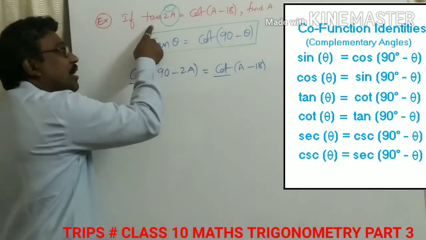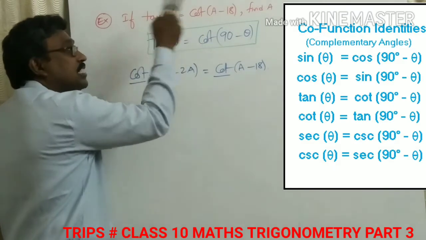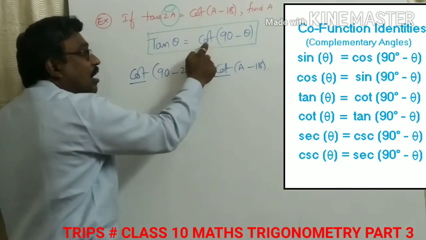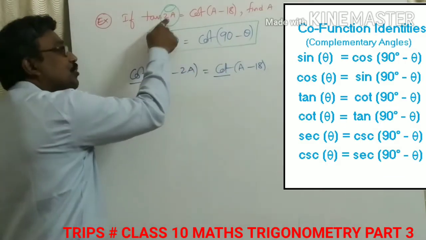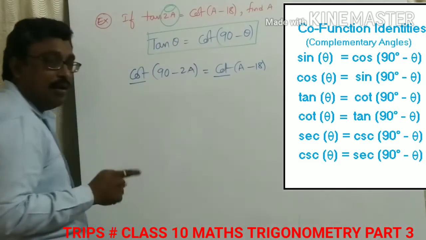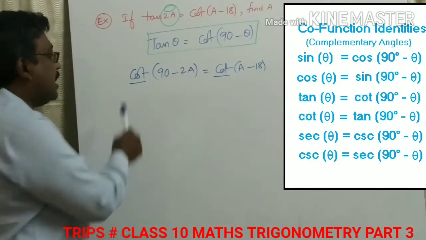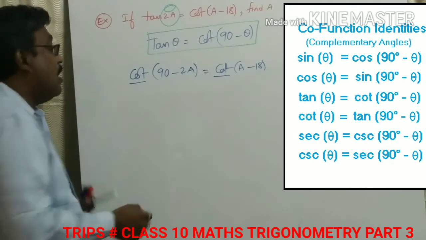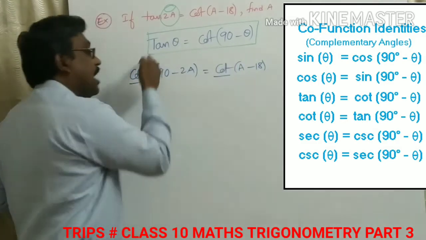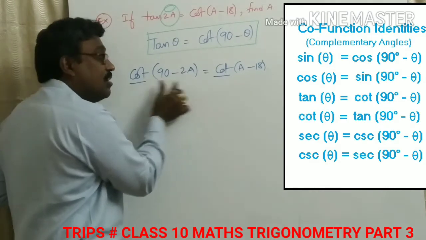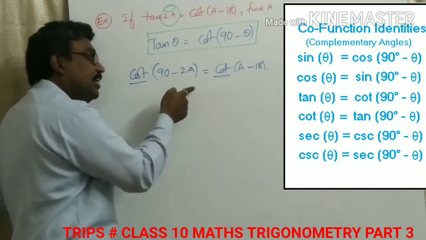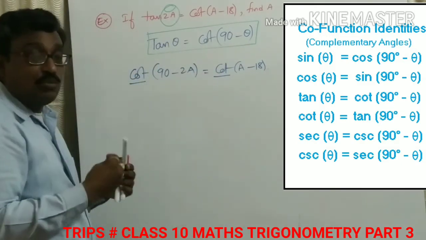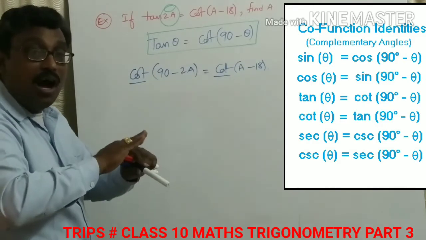Now here tan is given, here cot is given. I need to change both sides to cot or both sides to tan. So for tan theta, I am using the formula cot 90 minus theta. Here theta is 2A; in place of theta, I wrote 2A. Now what you can observe is that cot is there on both sides. Do not cancel them: cot and cot never cancel like that. This is one term and this is one term; they are together, cot of an angle, cotangent of an angle. You should not cancel them. That's why I am telling you to eliminate the trigonometric ratio on both sides.